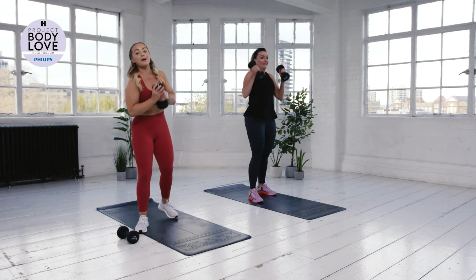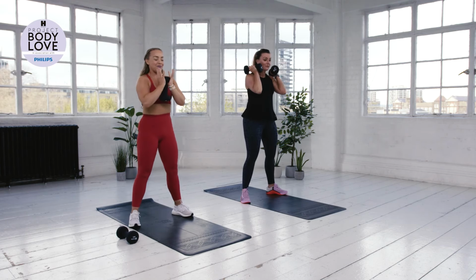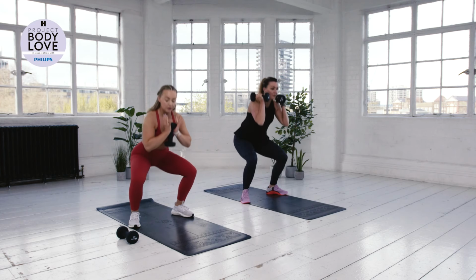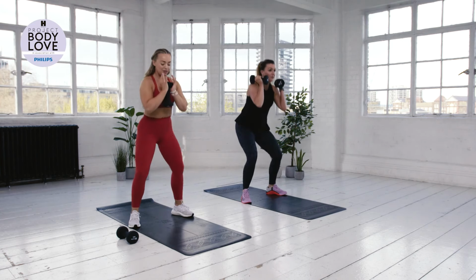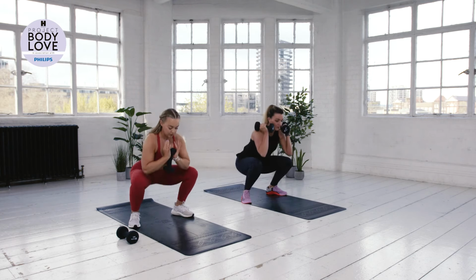Keeping hold of your dumbbells, scooping those hands up and underneath. 10 reps in 3, in 2, and 1. Here we go, lowering down. Nice and slow and controlled, driving through at the top. Keeping those heels really grounded, that's 2. Good. 3, keep the elbows tight in towards the body for 4. Nice work. 5